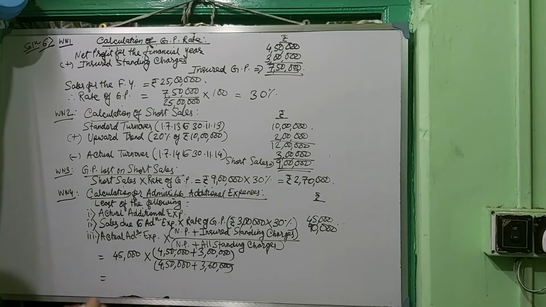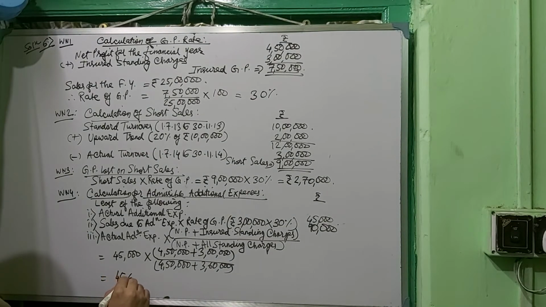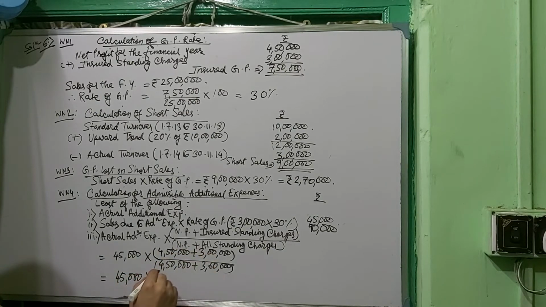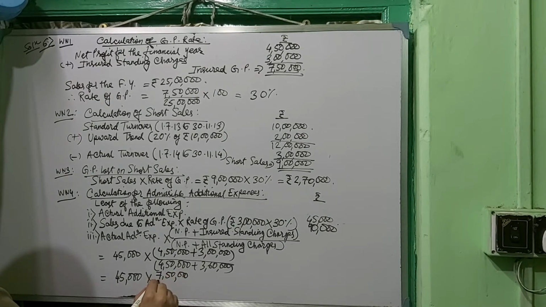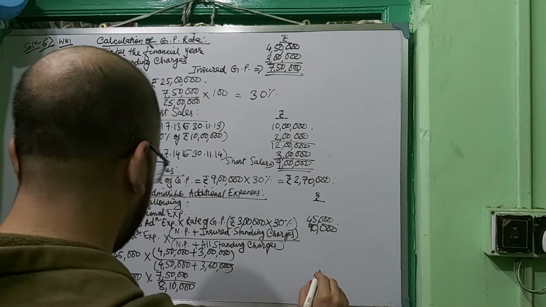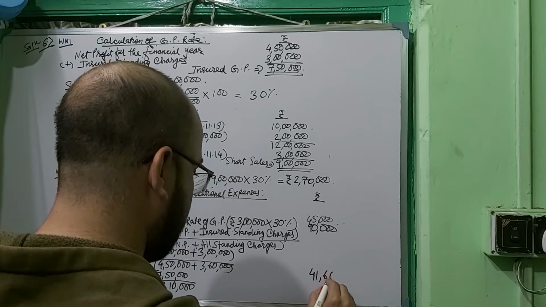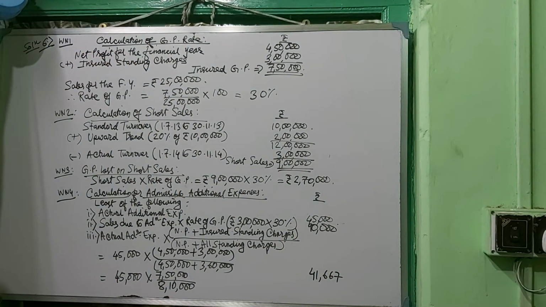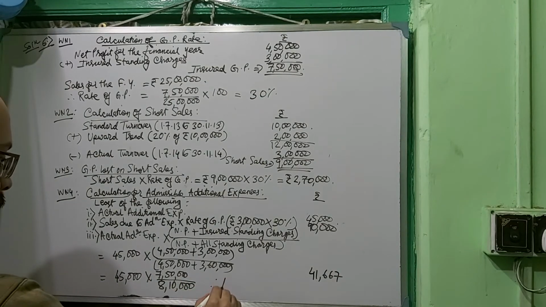So 45,000 into 7,50,000 divided by 8,10,000. So it is coming 41,667. So least of the following means, in this case, therefore admissible